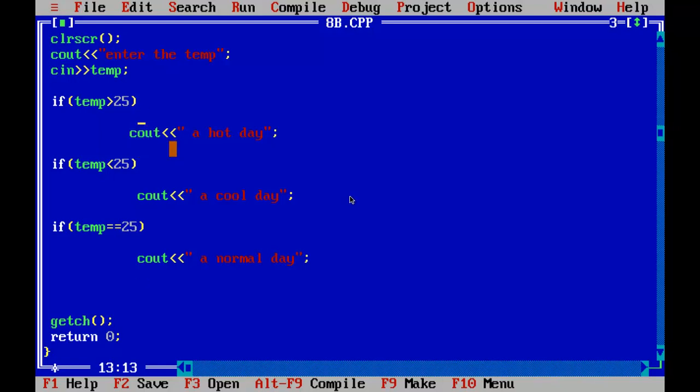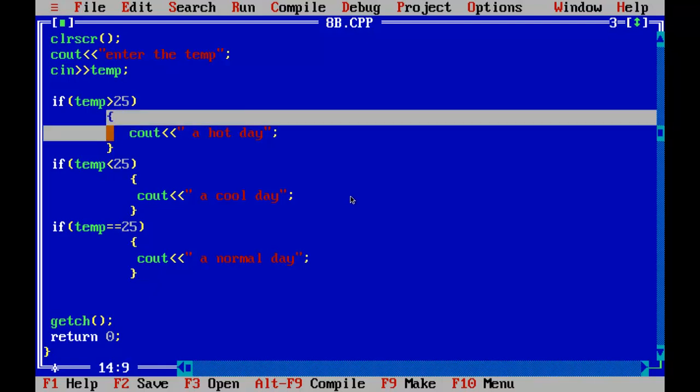But I advise you to use brackets here and close it here. And for this condition here, and for this one. What is the purpose of these brackets?